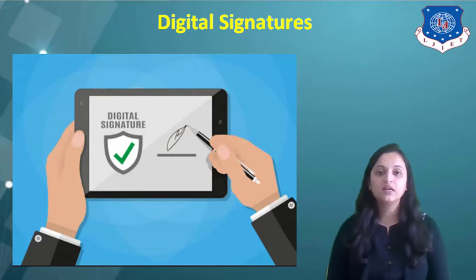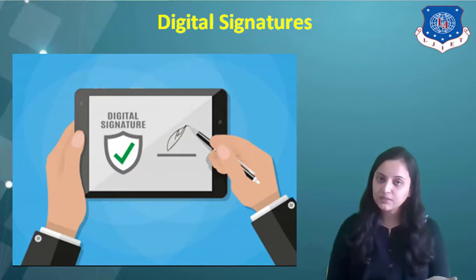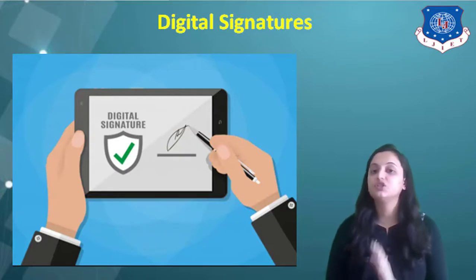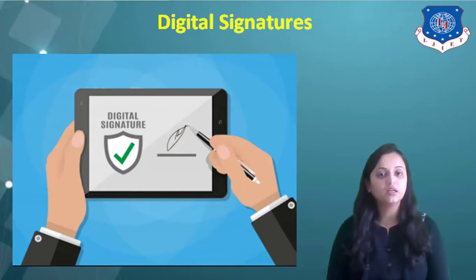The problem of devising a replacement for handwritten signature is a difficult one. Basically, what is needed is a system by which one party can send a signed message to the other party in such a way that the following conditions hold. Condition 1 is that the receiver can verify the claimed identity of the sender. Second, the sender cannot later repudiate the contents of the message. And the third one is the receiver cannot possibly have concocted the message himself.